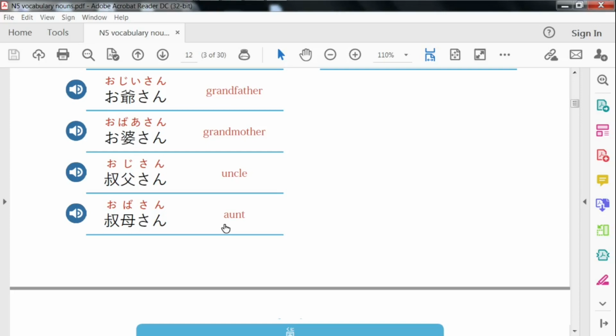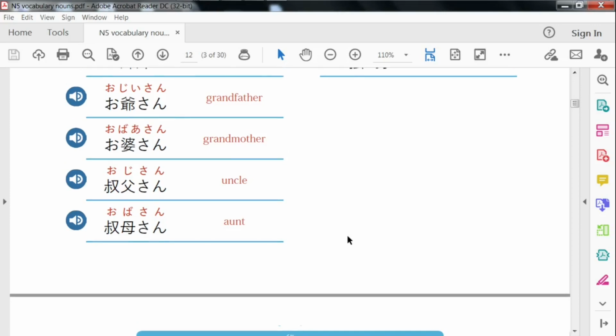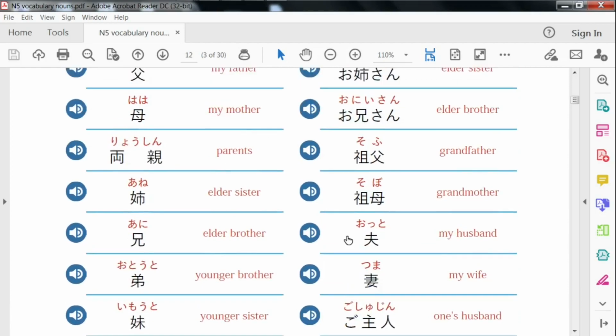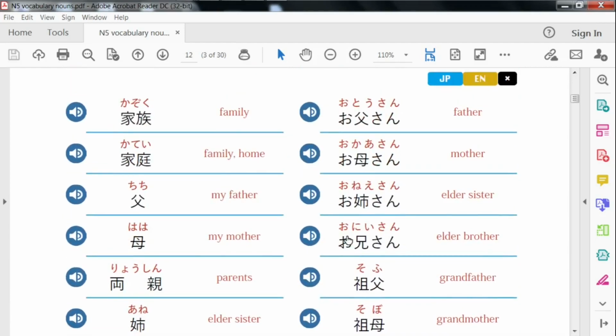People, please be careful here. Grandfather is おじいさん. You have to stress the G sound here. While uncle is simply おじさん. No stretching. Grandmother is おばあさん. Stress ば. But aunt is simply おばさん. People make mistake over here, so please be careful. Next,